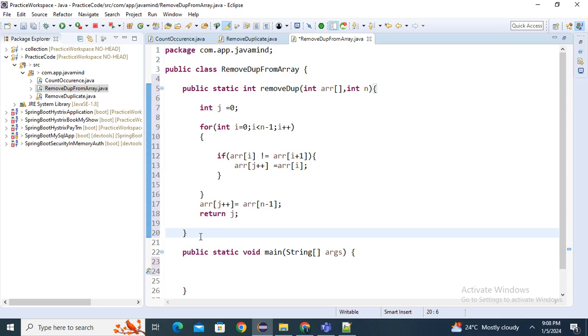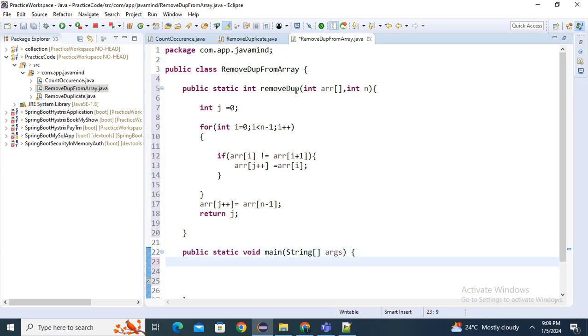Now what we'll do? In the main method, we'll call this removeDuplicate method, and only then can we get the output. First we will have the input. The int array I mentioned earlier in the parameter equals some values: 10, 10,